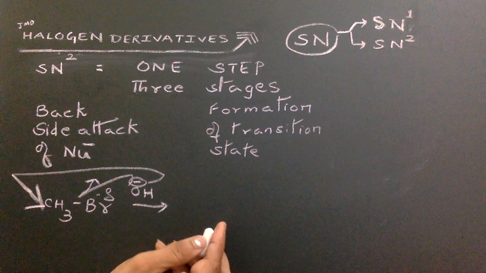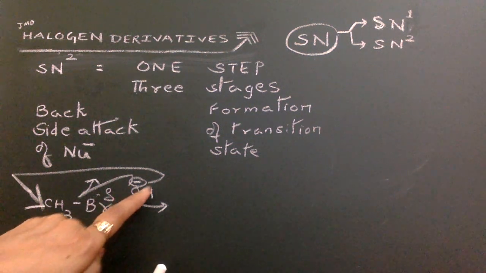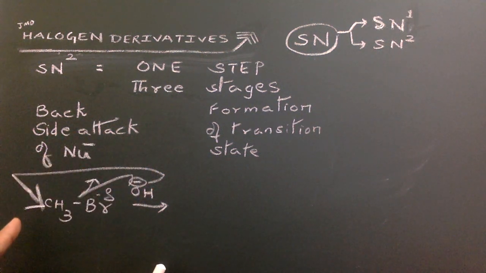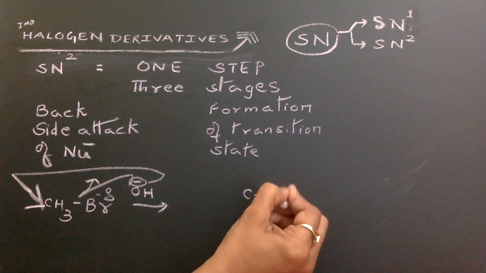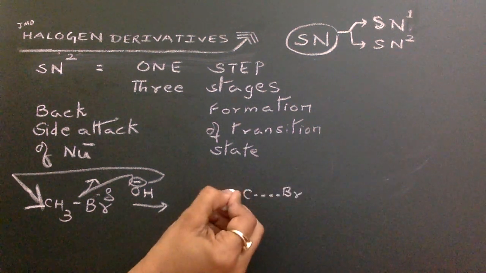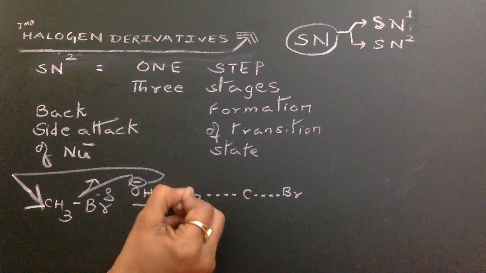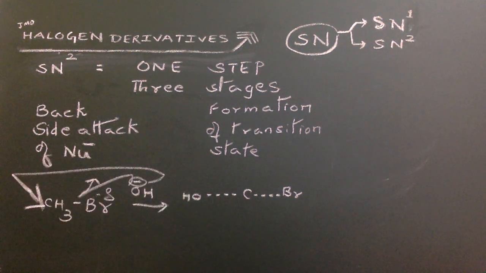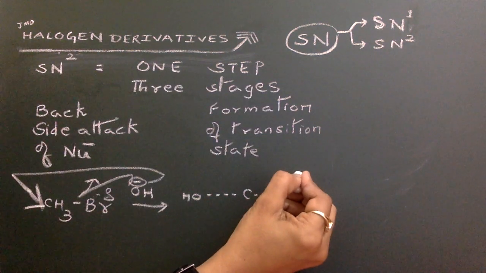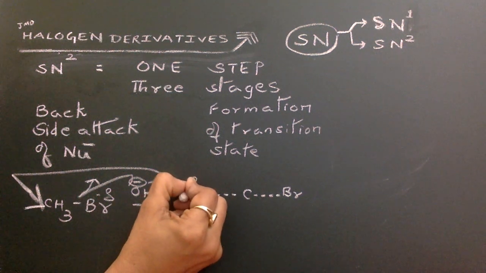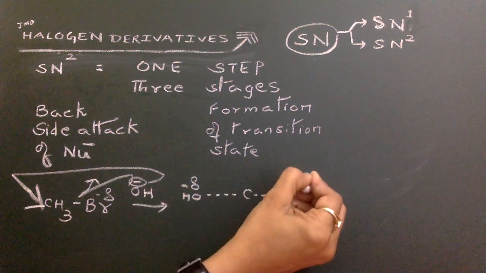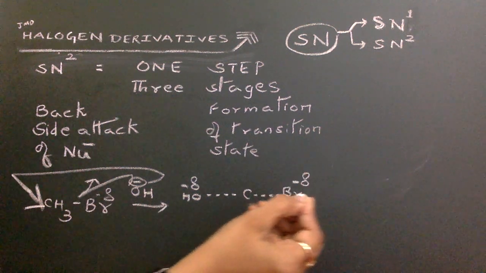Due to approach of the nucleophile from the backside, the C-Br bond gradually weakens and the C-OH bond gradually strengthens like this. This leads to formation of a transition state with OH partially negative, Br partially negative,